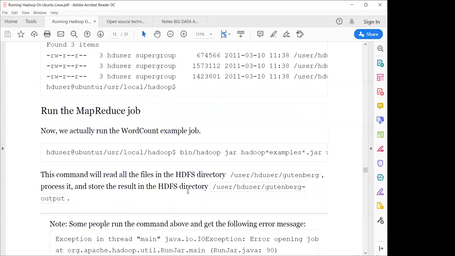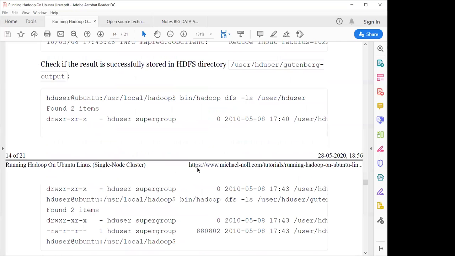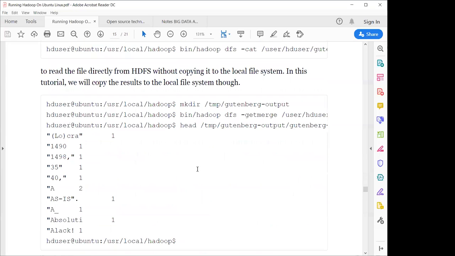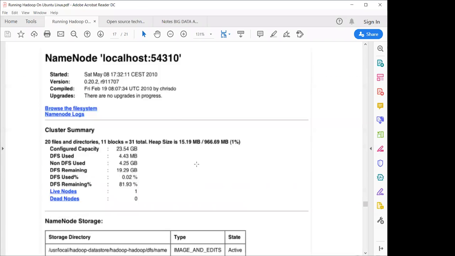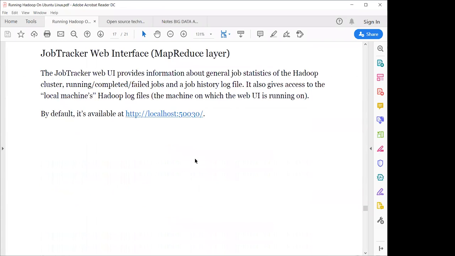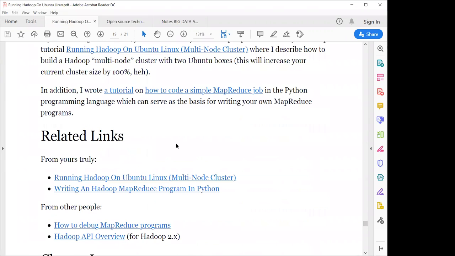Okay, so follow these commands and you will definitely get success, with some more requirements. So it is definitely a tedious task. You will get this type of information and you can get MapReduce and so on. So that's it, and that's all for this session. I hope that you will install Hadoop and run it.